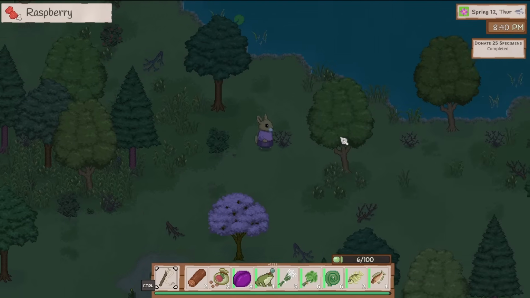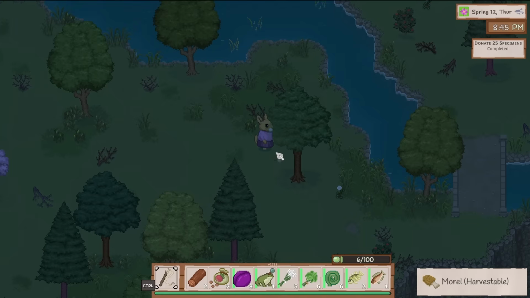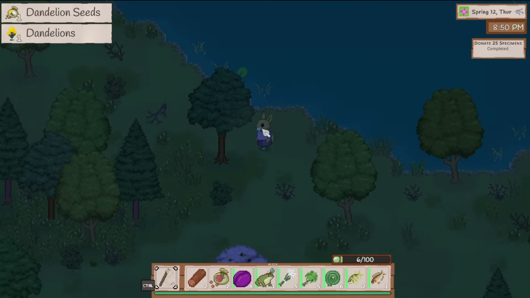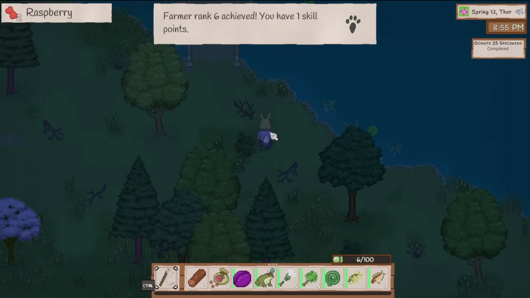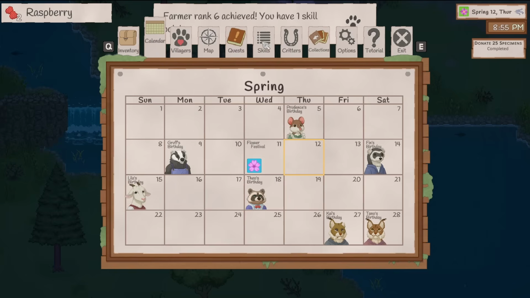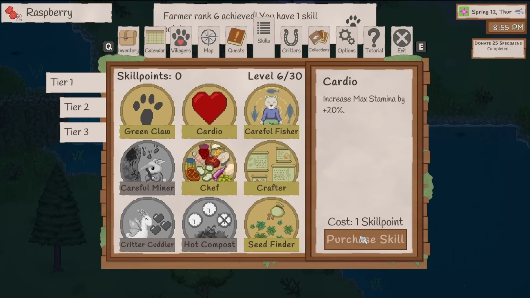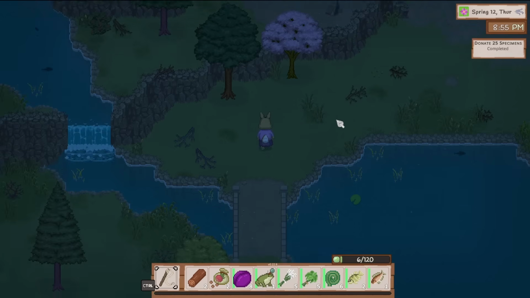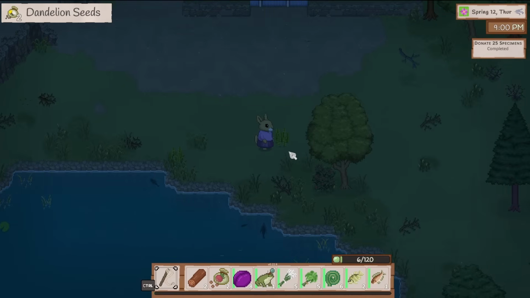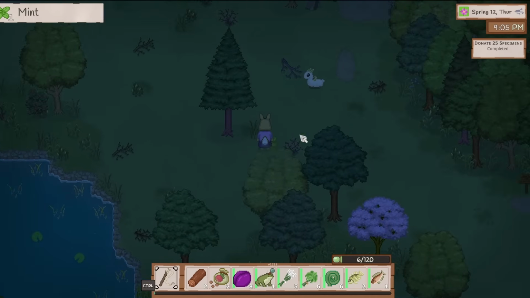Yeah, loads of raspberry bushes ready up here. I'm glad I came up here. There's another mushroom. Dandelion. I'm gonna try and put those in. Oh, let's get cardio. So 20 stamina a day will be absolutely insanely amazing. Dandelion, mint. Right, let's see if we can get down to the root cellar to put these all in, because